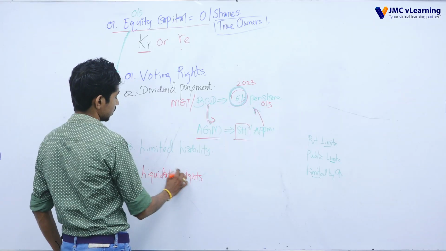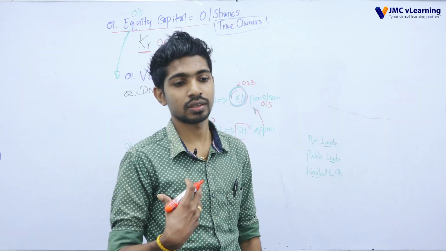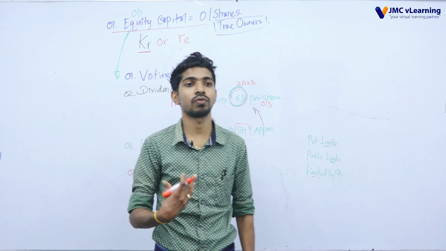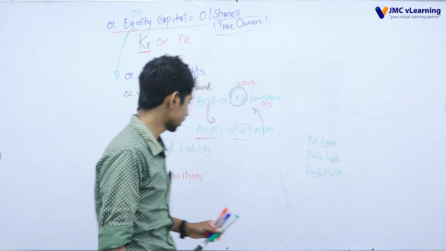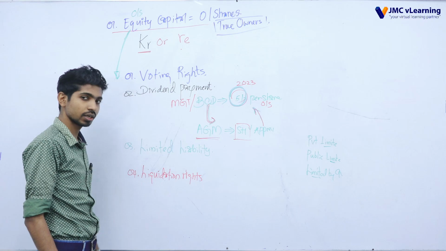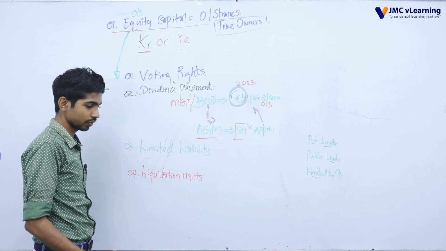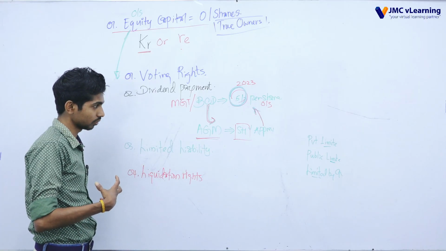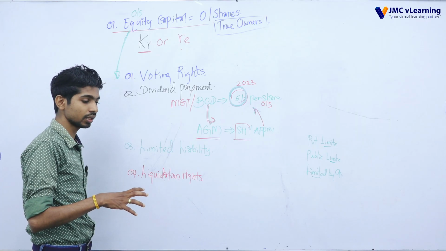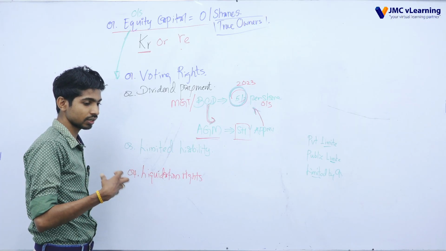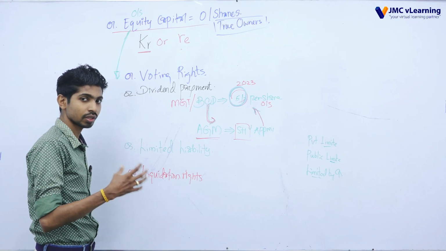Liquidation rights. Actually, it is not a benefit, it is a negative. That is the major disadvantage for a person who is an ordinary shareholder: the drawbacks, the negatives. Why? Liquidation rights mean that if the organization's management takes the decision to wind up the organization, they will collect all of the assets, sell them, and collect the money. Thereafter, they have to settle their liabilities.